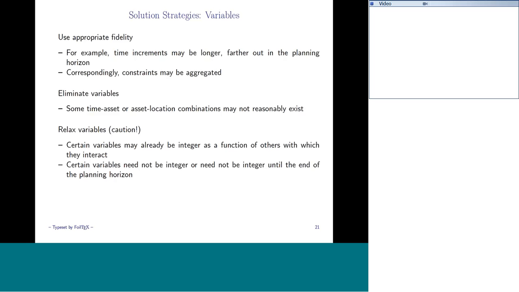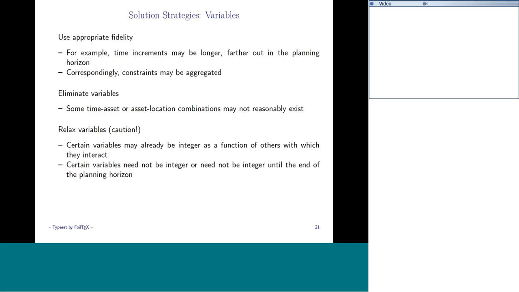If you have a coarse time increment, then you're not able to actually provide an operational solution. If you have a fine time increment, then the model is going to require a lot longer to solve, because a lot of the variables are based on time. So you're going to increase your number of variables if you decide that you need to know what's happening at every millisecond. So for capital budgeting, we decided that we didn't really need to have yearly fidelity in the out years. So in year 22, does it really matter if you're buying a launcher in year 22 or 23? So we tended to aggregate time periods as we went out.